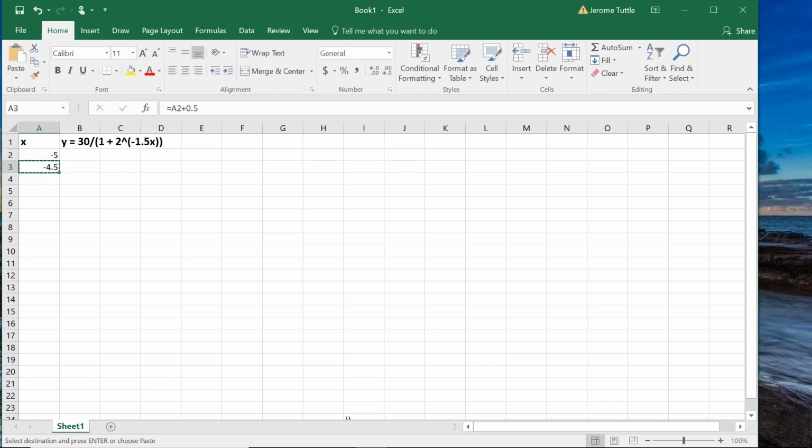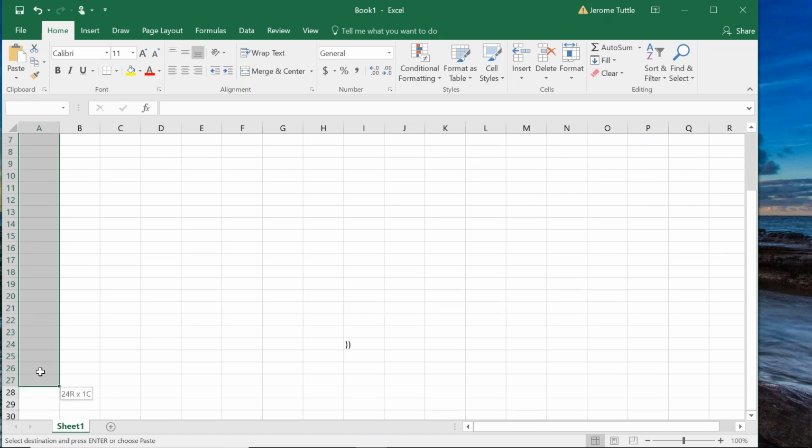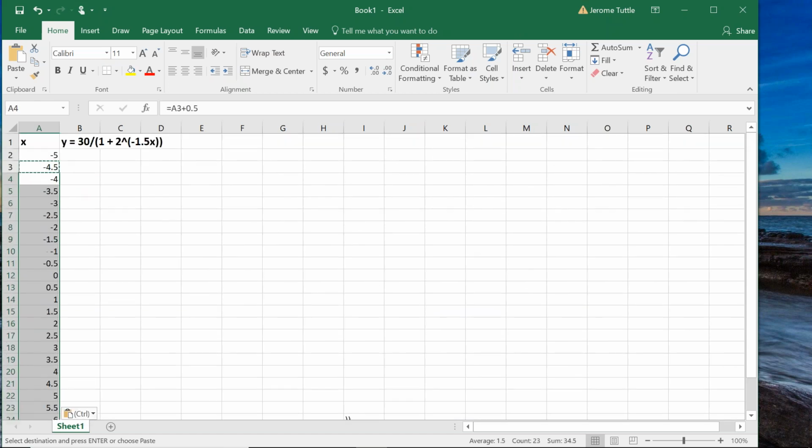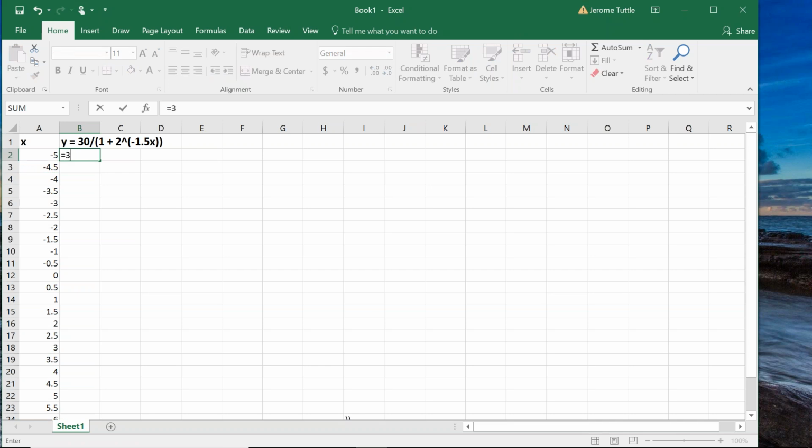And then I'll copy this formula down so I have a column of numbers where each number is 0.5 greater than the number above. Now in cell B2, I'm going to enter my formula for y as follows. Equal sign 30 slash left parentheses 1 plus 2